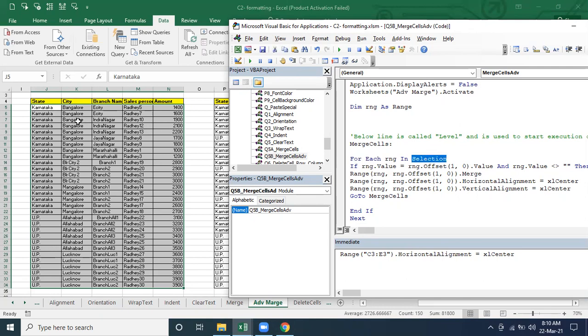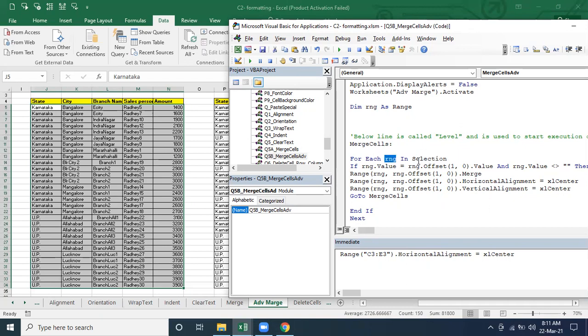The first one, it is going to pick this cell, J5, and deliver it to this range. From this selection it is going to deliver one cell to this range. That is the meaning.